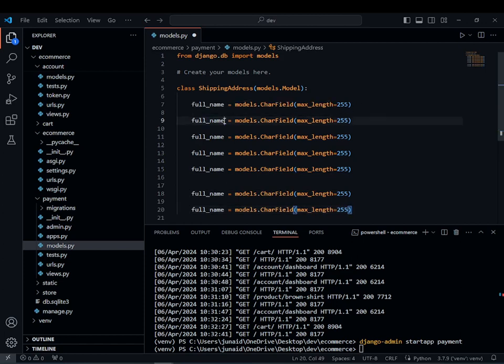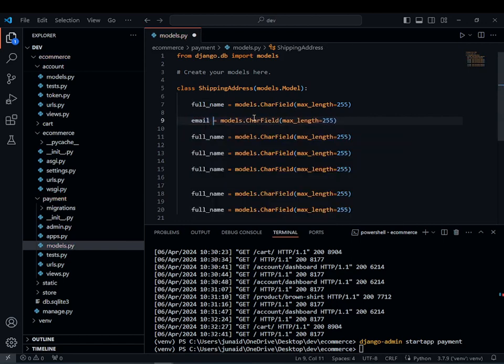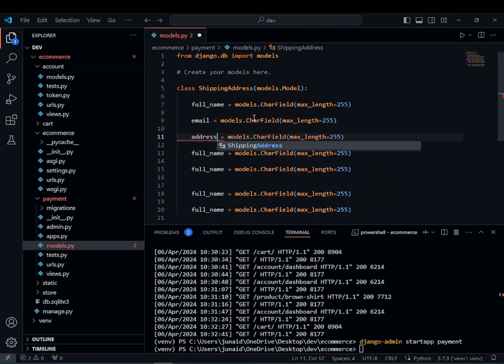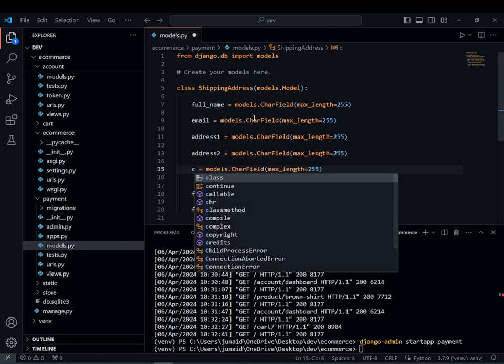So just now change that. After full name we want email, and next will be all the same, and after that we want address 1, and then address 2, and after that